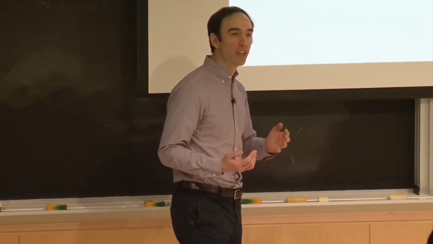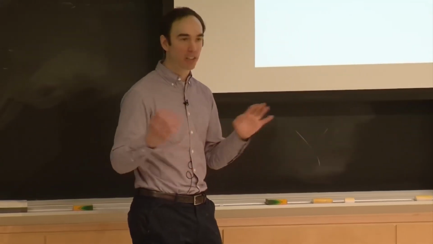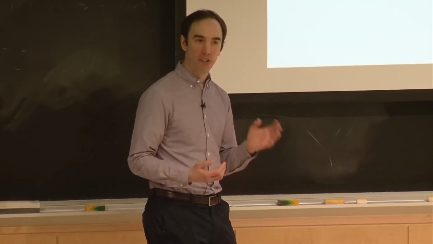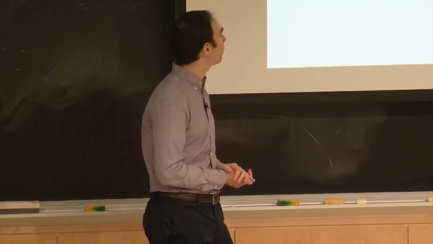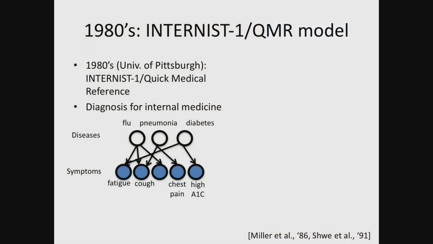And at a high level, they modeled this as something like a Bayesian network. It wasn't strictly a Bayesian network. It was a bit more heuristic at the time. It was later developed to be so. But at a high level, there were a number of latent variables or hidden variables corresponding to different diseases the patient might have, like flu or pneumonia or diabetes. And then there were a number of variables on the very bottom, which were symptoms, which are all binary. So the diseases are either on or off, and here the symptoms are either present or not. And these symptoms could include things like fatigue or cough. They could also be things that result from laboratory test results, like a high value of hemoglobin A1C.